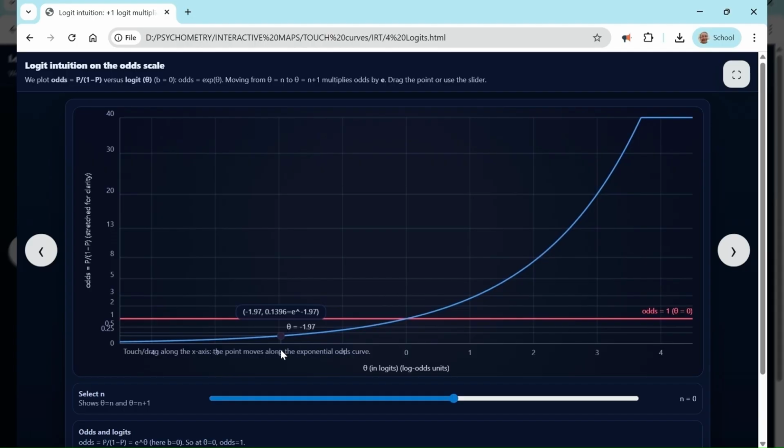Each logit unit decrement will decrease the odds by about 1/3. So it's a lot. Here it will become 1 over 20. Here it will be 1 over 55. So it's exponential. Now, if we take the logarithm of that curve, the log odds, the logarithm of the odds,